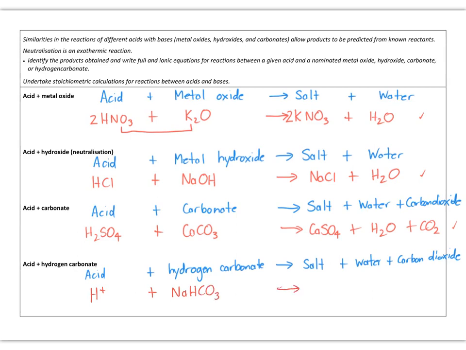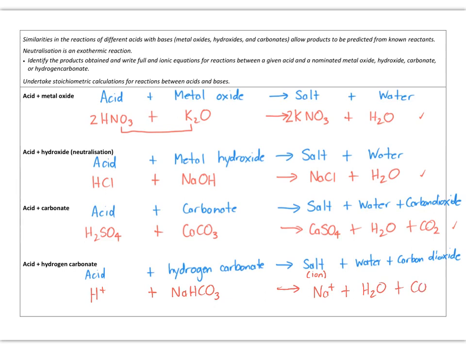Now here, instead of getting a salt, this metal ion, we don't know what the other part is, but we're assuming it's a spectator ion. So rather than getting a salt here, we'll get the ion. We'll just get the sodium plus ion, because we haven't put in, if you like, the other half of the acid, plus water,